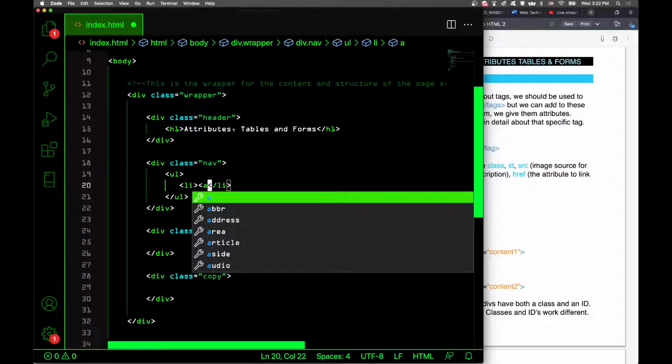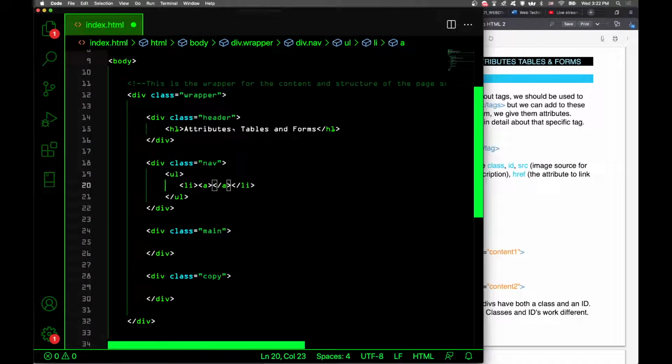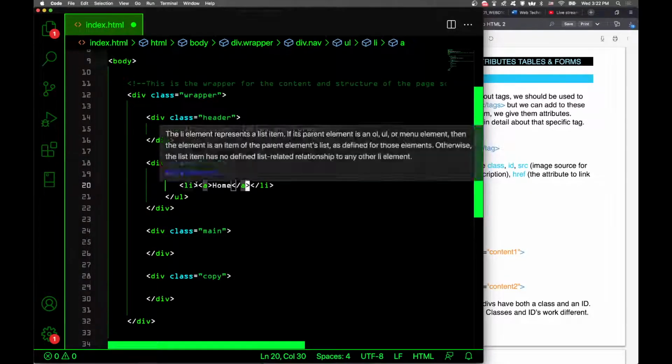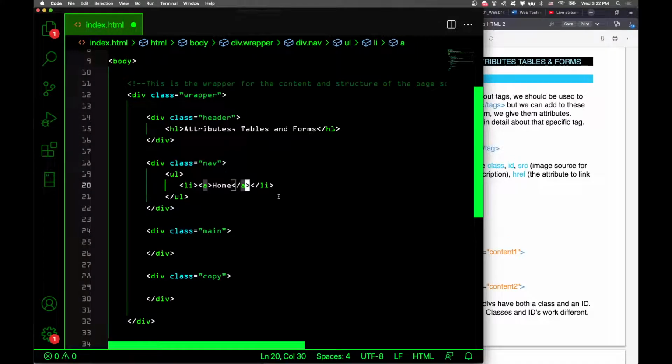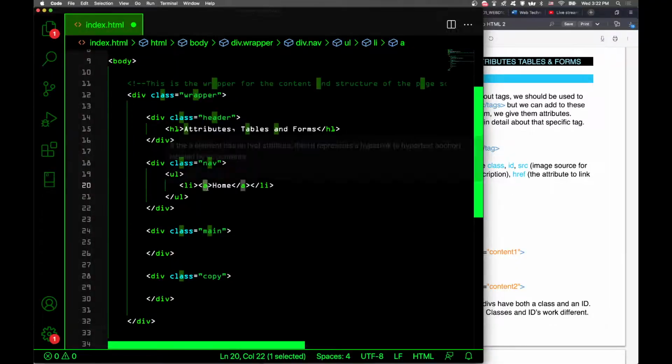List item, a tag, and home. Okay, so we have a list item with an a tag inside of it. And then remember, a tags are used for